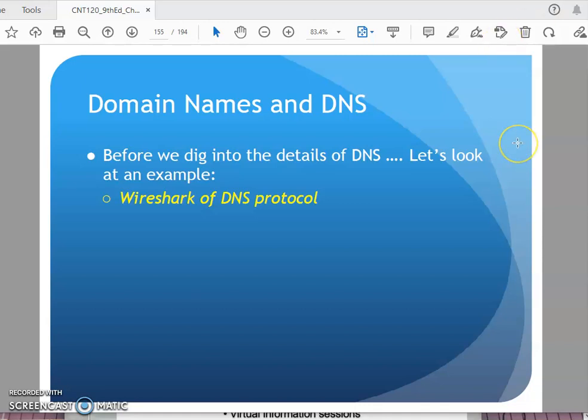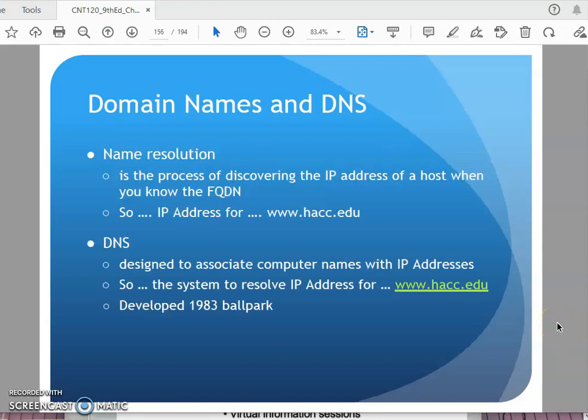All right, CNT120, Chapter 3. We just got done doing kind of the beginning of DNS. I just showed you the Wireshark and me loading hack.edu. Let's keep going. Some of what I showed you is going to help with the stuff they're sharing now on